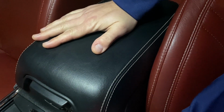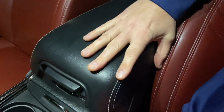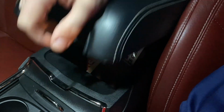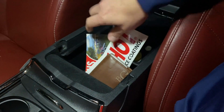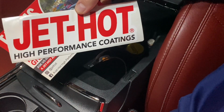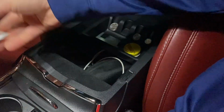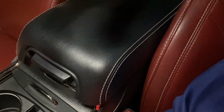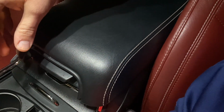The other thing I do not like is when you're driving along, this seat rubs the armrest here. It goes up and down fine, holds great. And you can see here I got my wallet, but shouldn't be in there, but it is. Jet Hot Performance. This coating is not for this car. It's for my truck build that's also on the channel, but the engine's being built right now for it. But anyway,